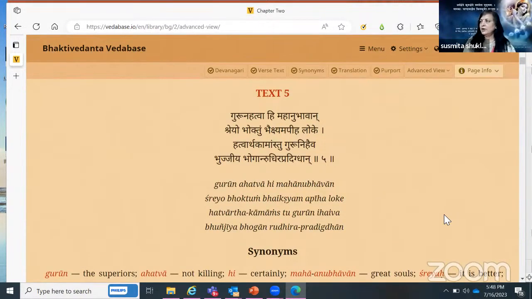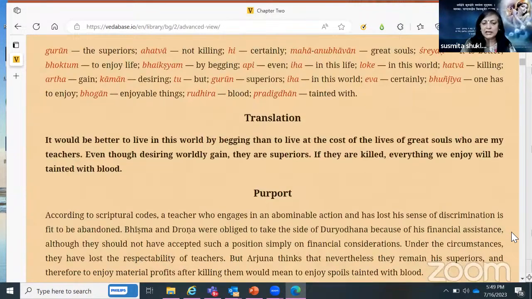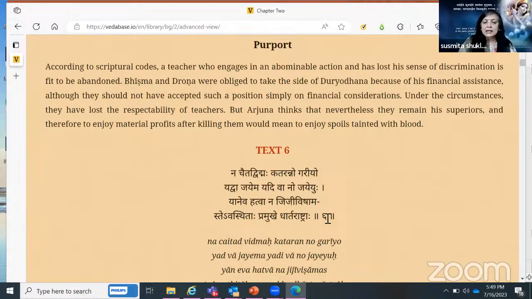It's quite straightforward. So Arjun is again trying to explain his problem to Krishna, and how can I kill my guru? Because even if I kill and they die, I cannot enjoy, because whatever I enjoy will be tainted. It will always remind me of them. Yeah, and I do understand that they are not able to see it, and they are ready to fight for artha and kama, but I can't do it. And the next one, text 5, which is na chaitad vidmahe katarno gariyo